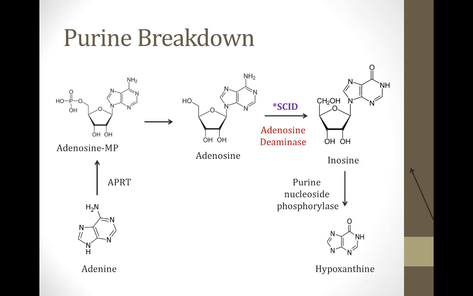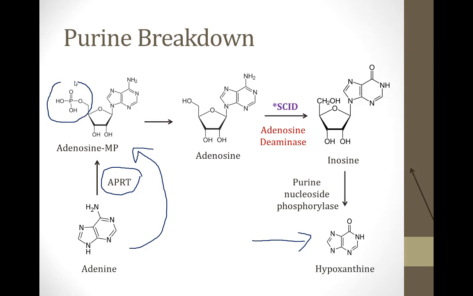Adenine has a more complicated process by which it gets converted to hypoxanthine and then to uric acid for excretion. So adenine is first converted back into the nucleotide adenosine monophosphate by that enzyme APRT, which we talked about a few slides ago. Adenosine monophosphate has the phosphate moiety removed, and then it becomes the nucleoside adenosine, which has no phosphate group attached. Then there's a very important enzyme called adenosine deaminase, which removes the amine group from adenosine and converts it into inosine. A deamination reaction is a reaction where you remove an amine group, and that's what adenosine